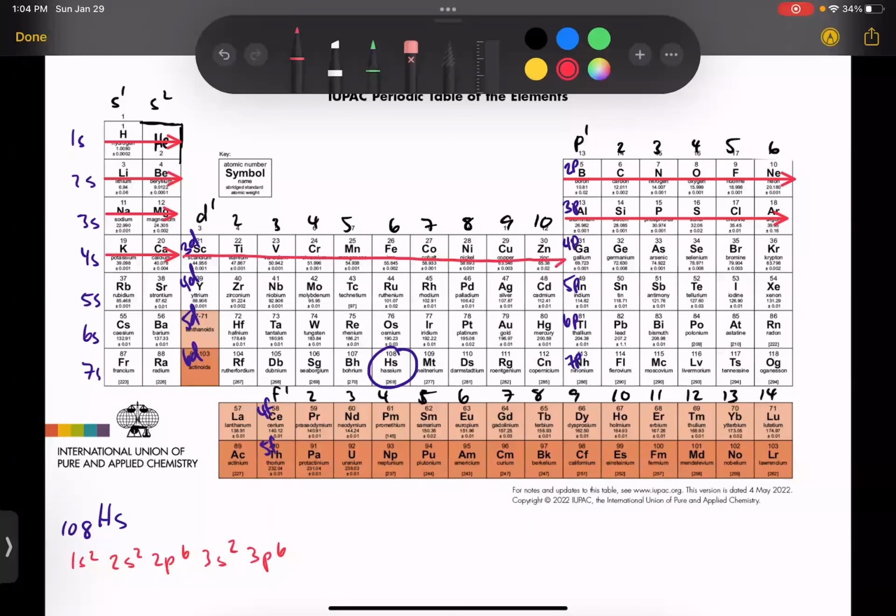3d10. So this is where the labeling comes in really handy. Remember, it's 3d, and then 4p6. So 4s2, 3d10, 4p6, 5s2, 4d10, 5p6. Yep. So that's 5s2, 4d10, 5p6,